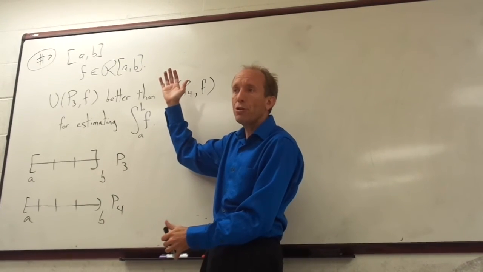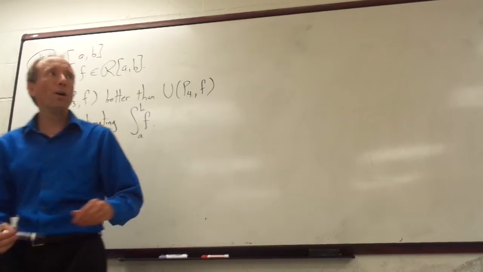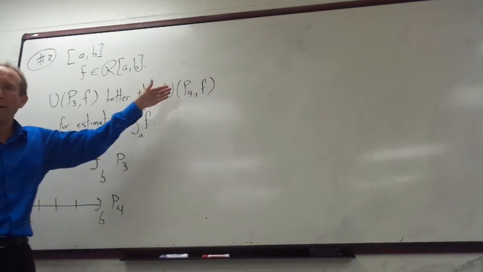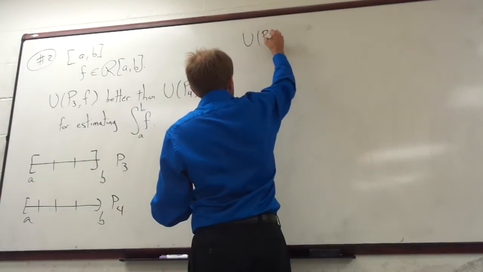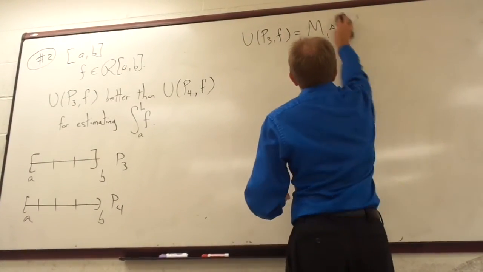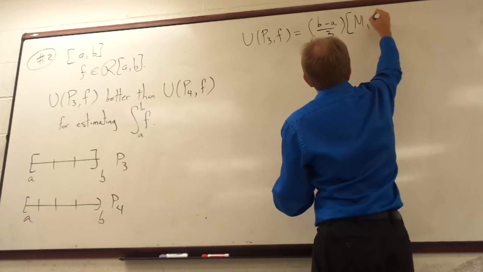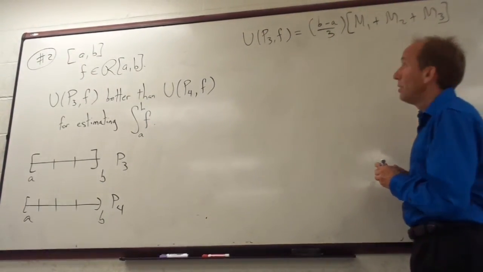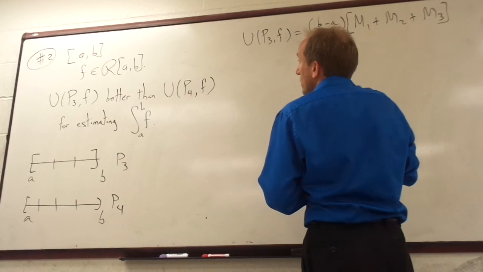This problem is asking you to show that it's not necessarily true: you can have a function where the upper sum with 3 subintervals is better than the upper sum with 4. Remember, guys, this is just M1 delta x1, and all of the delta x's are just (b minus a) over 3. Big M1 plus big M2 plus big M3. That's what that is, right? So, can somebody give me an